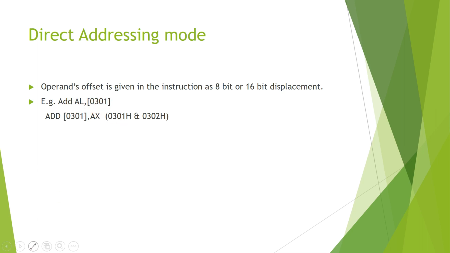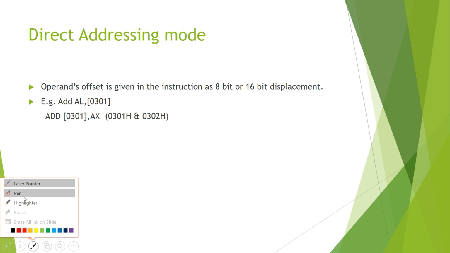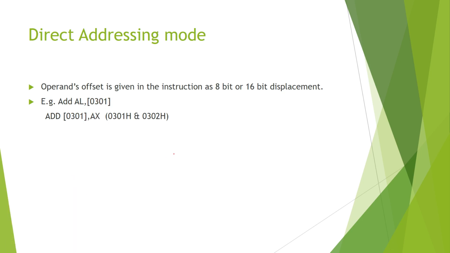क्लियर है? तो इसमें हम क्या कर रहे हैं? So in this, first of all we have to generate the physical address by combining the DS, that is the data segment register, and this offset. तो इससे हम जो है वो फिजिकल एड्रेस जनरेट करेंगे, और दिस फिजिकल एड्रेस से हम उस 20 बिट एड्रेस जनरेट करके उस पर्टिकुलर मेमोरी लोकेशन को एक्सेस करेंगे जहाँ से हमें इस डाटा को रीड करके एक्यूमुलेटर के लोअर रजिस्टर के साथ हमें ऐड करना है।